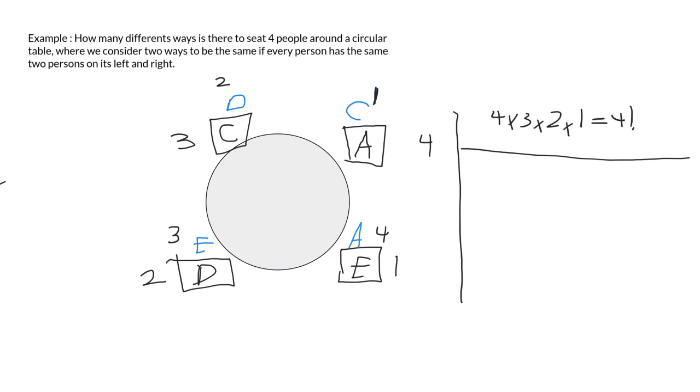Now you see that the blue here is a rotation of the black one, but we have counted it still,